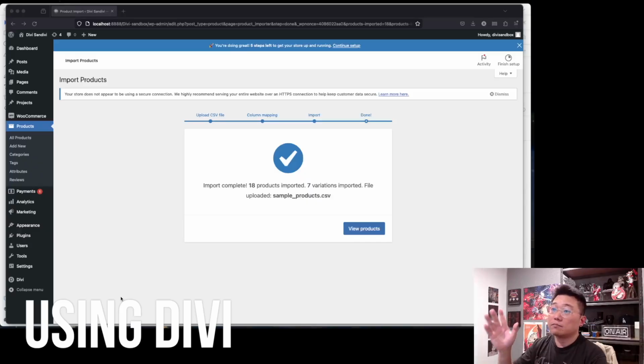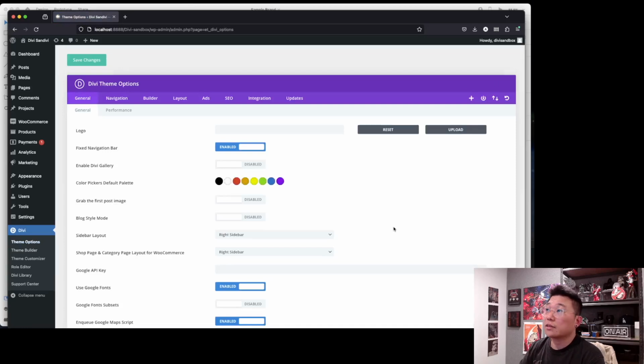All right. Okay, so we now have WooCommerce and the sample data, sample products imported here. And I'm not going to go view the products. I'm just going to go directly into building it. So we're going to start with getting the global settings set up. Now,